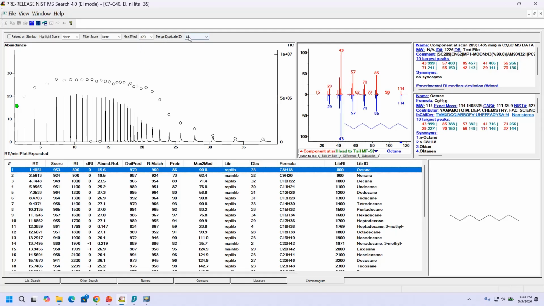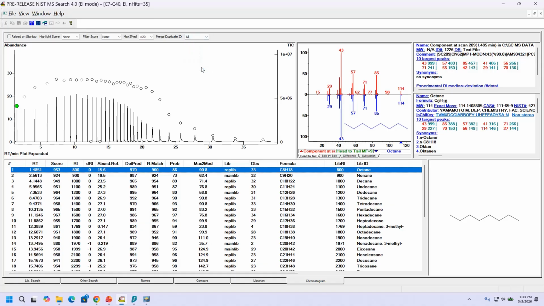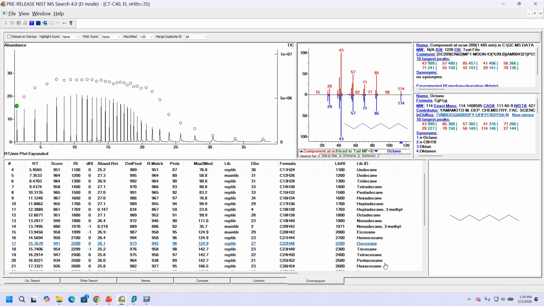And we need to leave merge duplicate ID on all. If you put it on none, you get multiple peaks. So you need to just put it on all to evaluate what it looks like. And now we got what we want. And you can see now